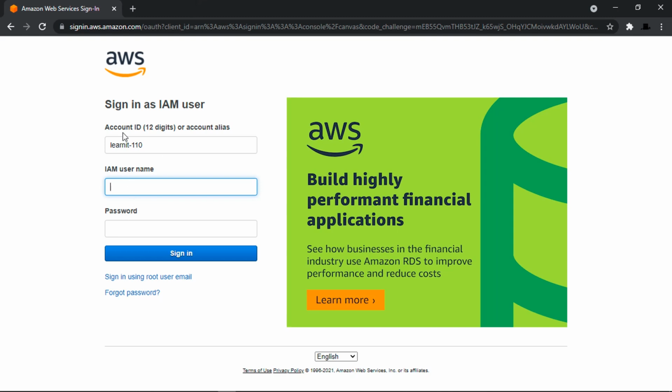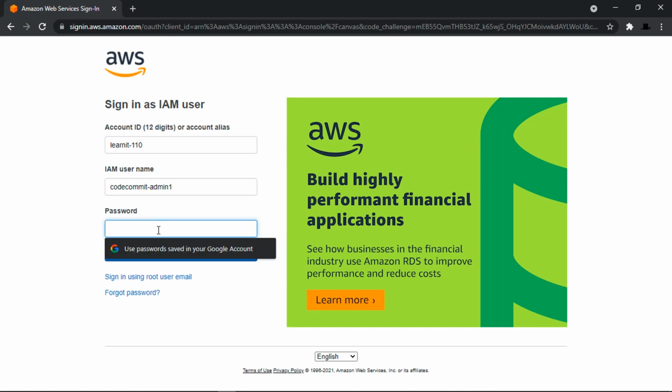And here you can see I am getting account alias name that I have set for my account. And for IAM username, I can provide code commit hyphen admin 1.